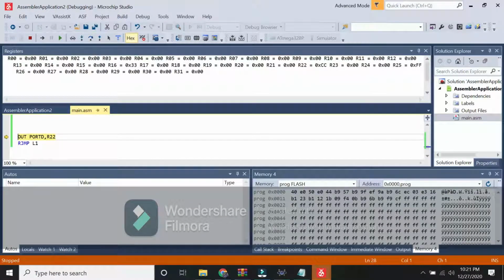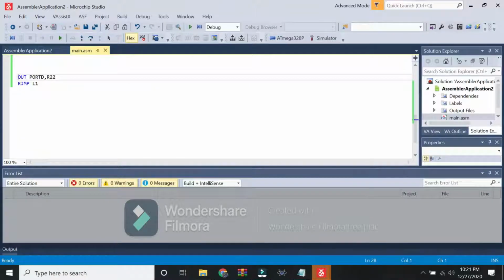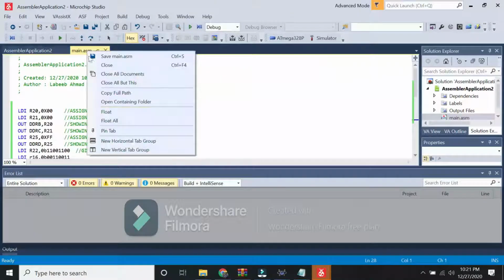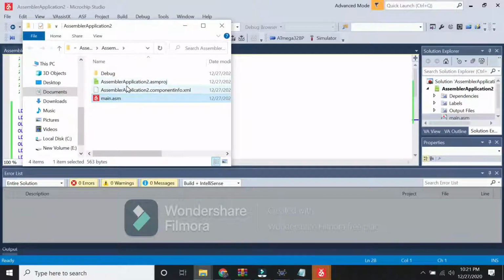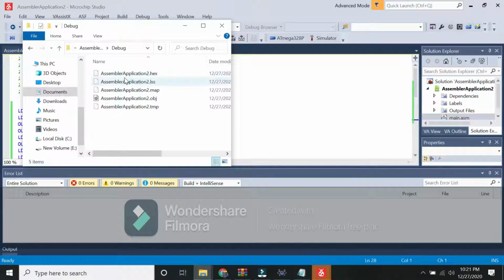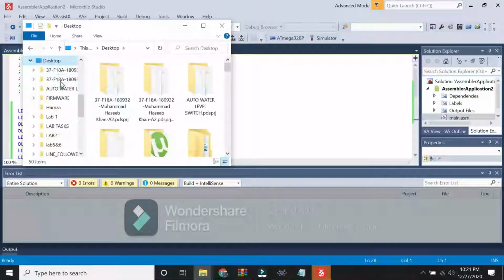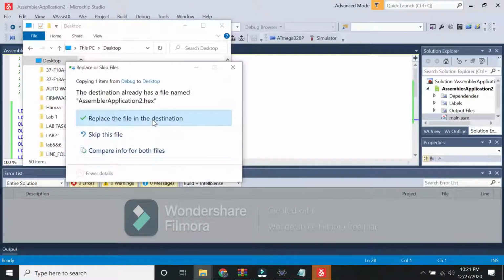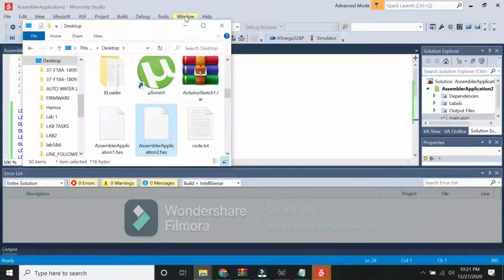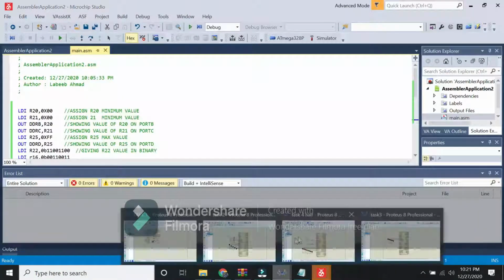So here we just understand the commands of negative and positive. But mainly what you are doing is you can get it from the code. So go to the main assembly, copy that, put it on the desktop and paste it here. Replace that file,